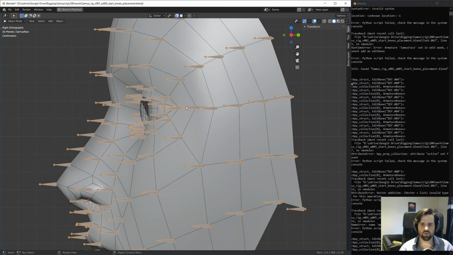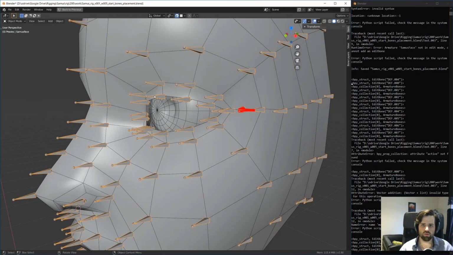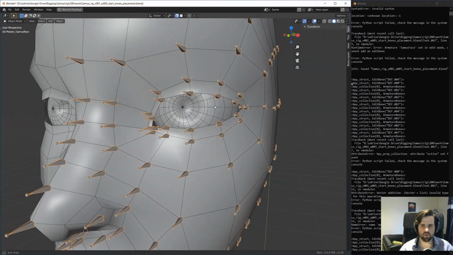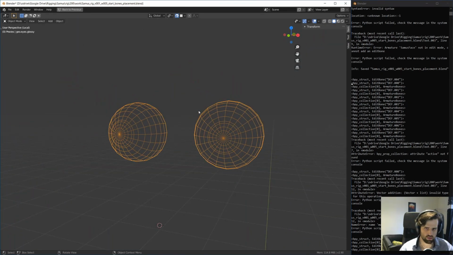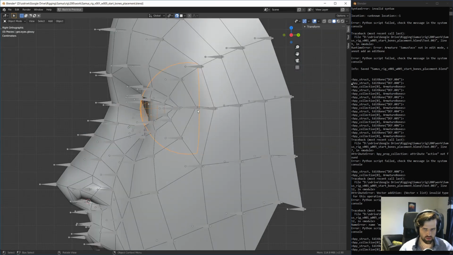So those ones that are in the center of the eye won't actually deform anything, but they'll be parent of the actual surface joints here, so that I won't be moving those ones directly, or I guess I will, but as a fine-tuning. But I will mostly be rotating the joints in the center. So what I need to do now is to create a better